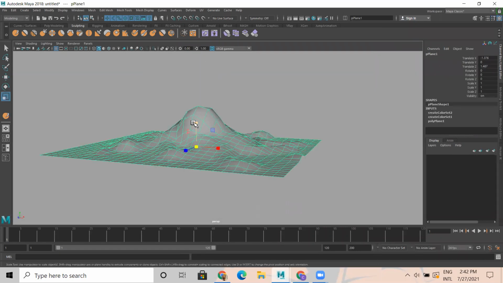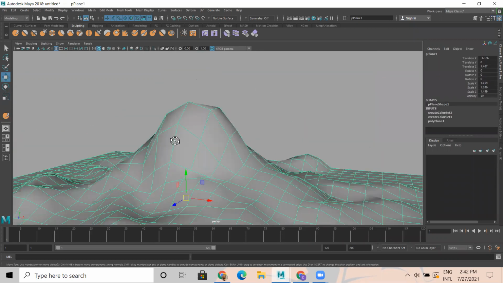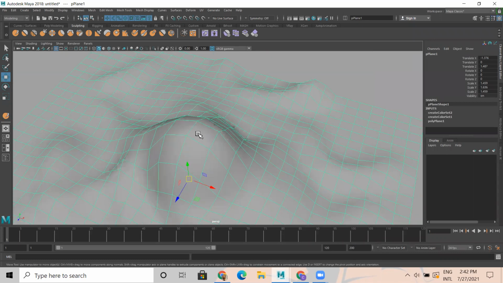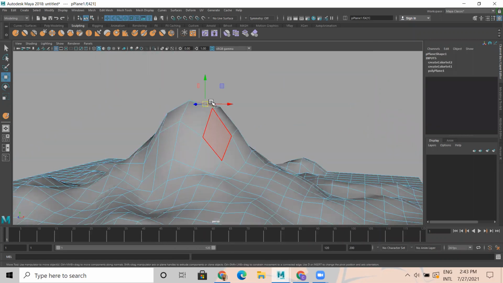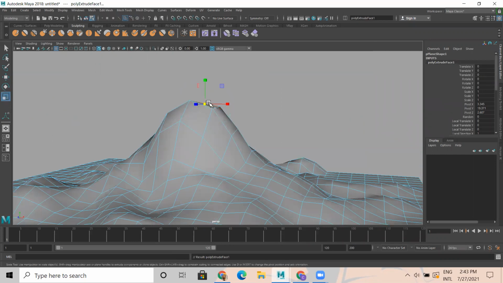So later, something like this. Then what I'll do is go to face, select this particular face. I'm going to extrude this.